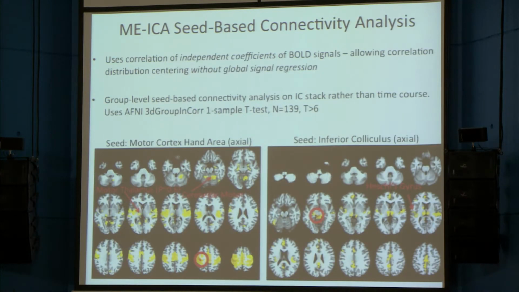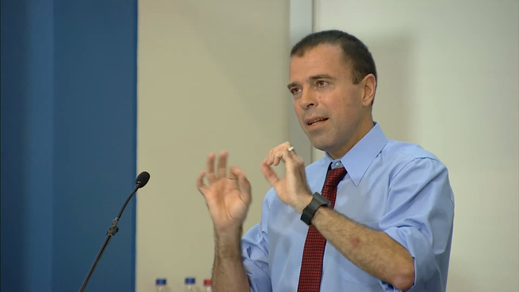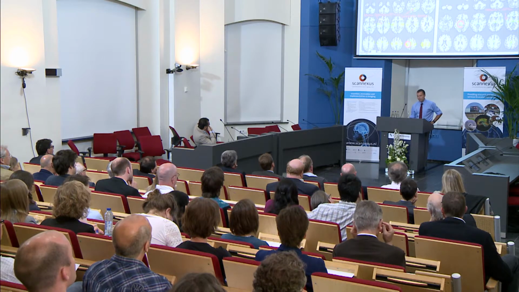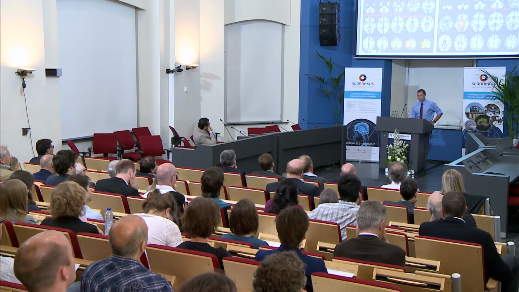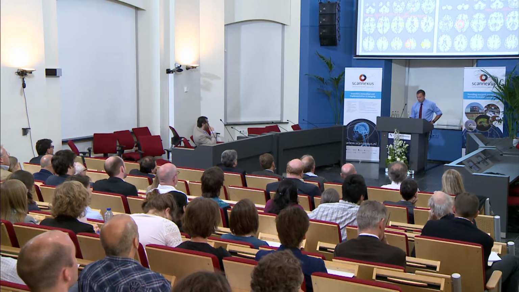And we can actually, instead of doing clustering on our ICA components, just do simple seed voxel analysis, but once again, not on the time series, but the stack of ICA components. We get really nice detail, even looking at the base of the brain, which has always been a problem, actually looking at connectivity between the thalamus and Heschl's gyrus, for instance, and also looking at other things if we do a seed voxel approach.